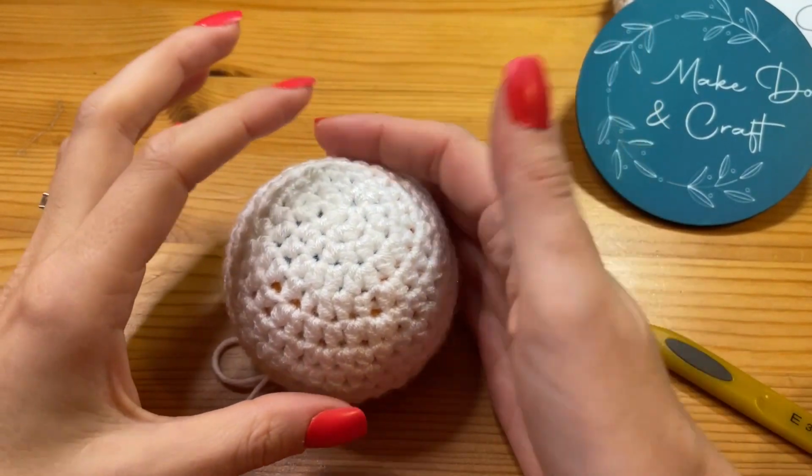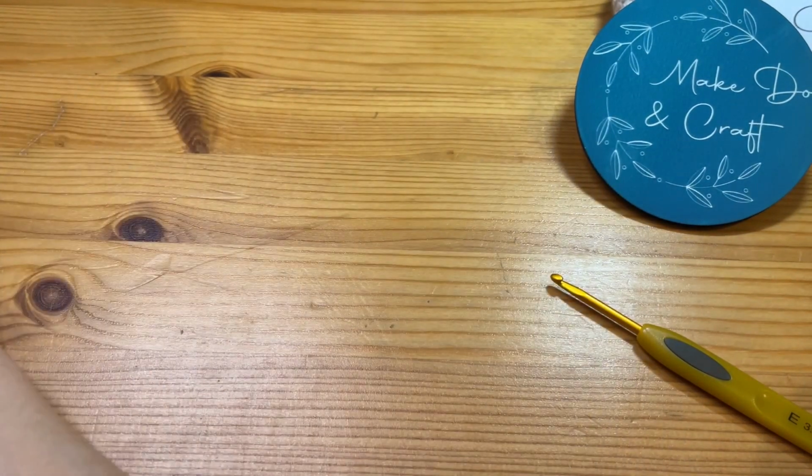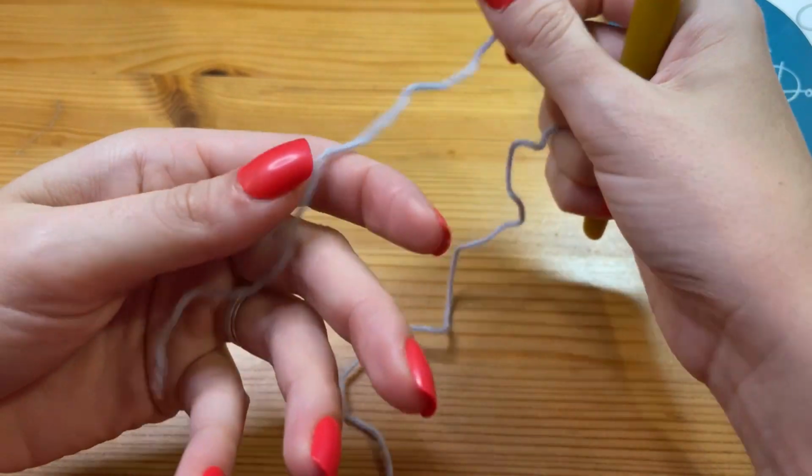Now that we've completed our head, we're going to move on to working on the muzzle. I'm going to be using a grey yarn for this one, and I'm going to continue using the 3.5mm hook. We're also going to be working in the round, so we need to start with a magic ring,